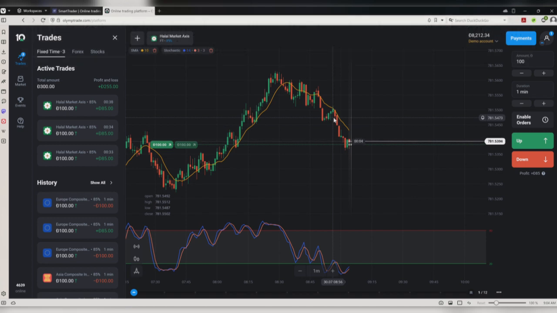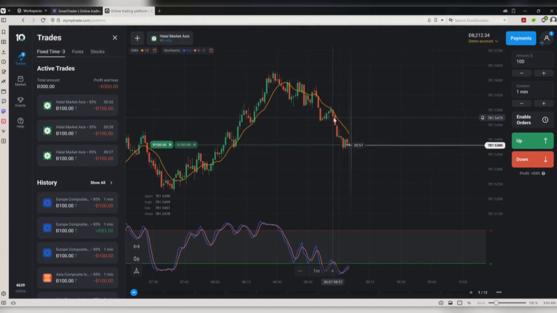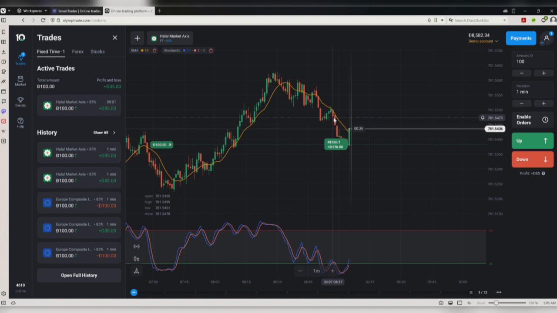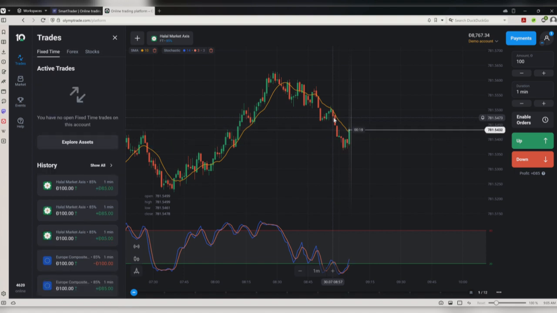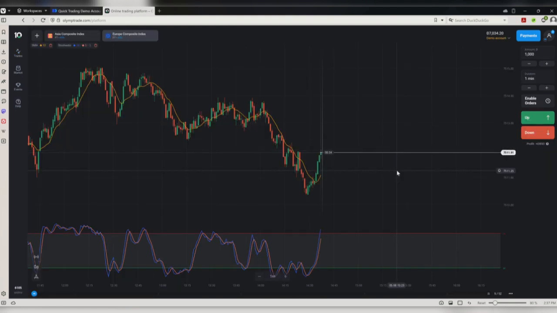First off, the SMA helps smooth out price data to identify trends over a specific period. For 1-minute trading, a short-term SMA like a 5 or 10 period can be super helpful. In this case, we would be making use of 10 period. When the price is above the SMA, it's generally a bullish signal, while a price below could indicate a bearish